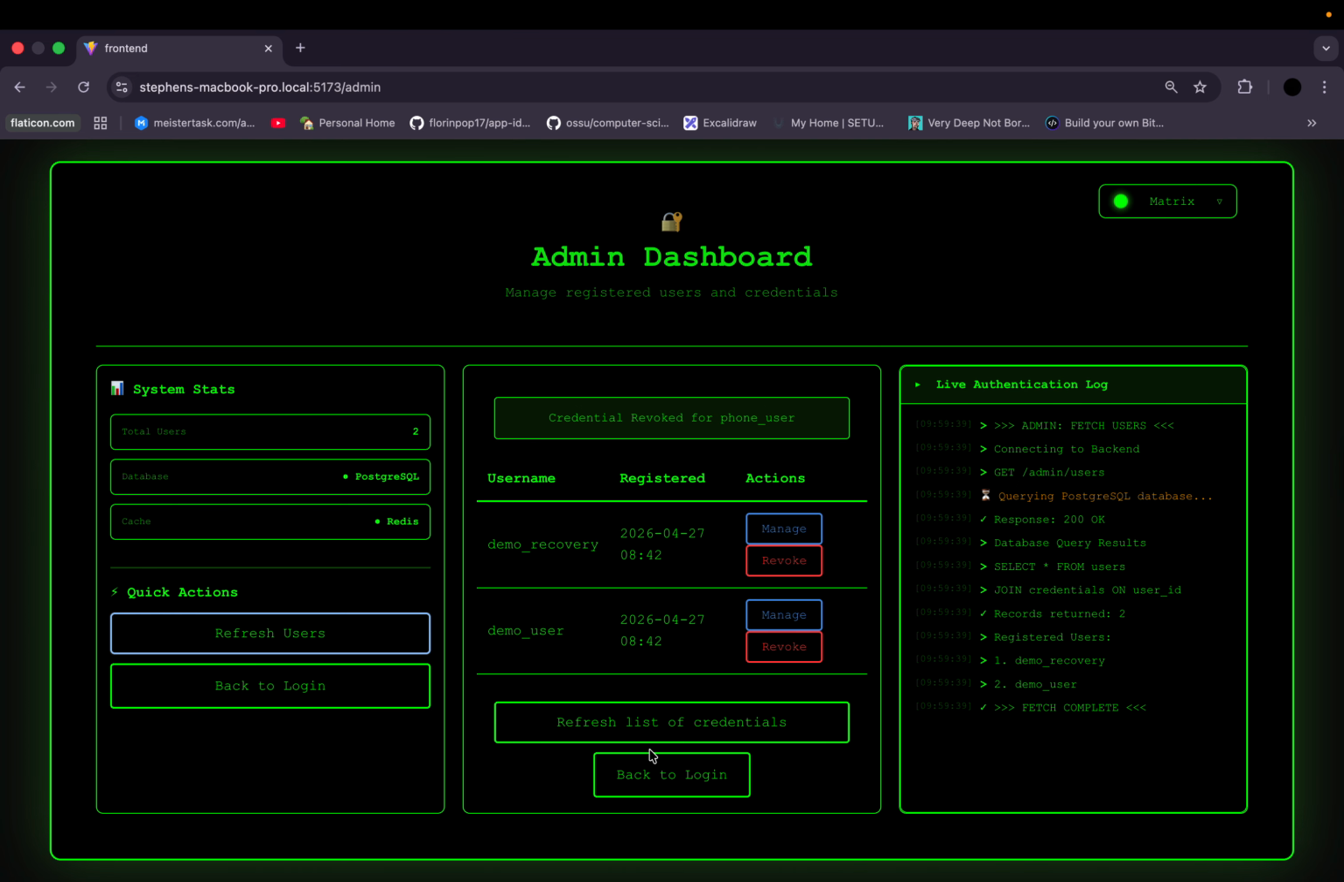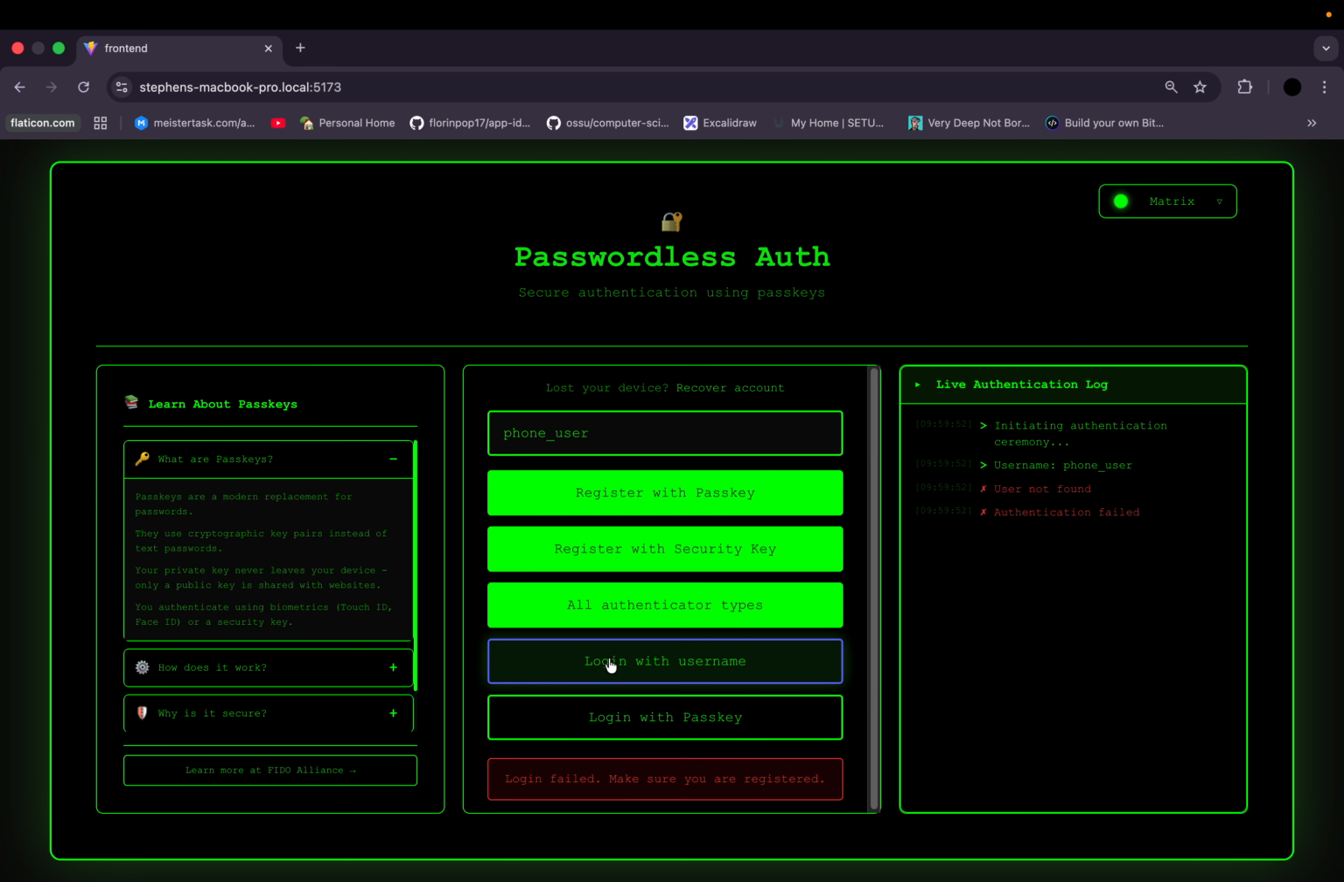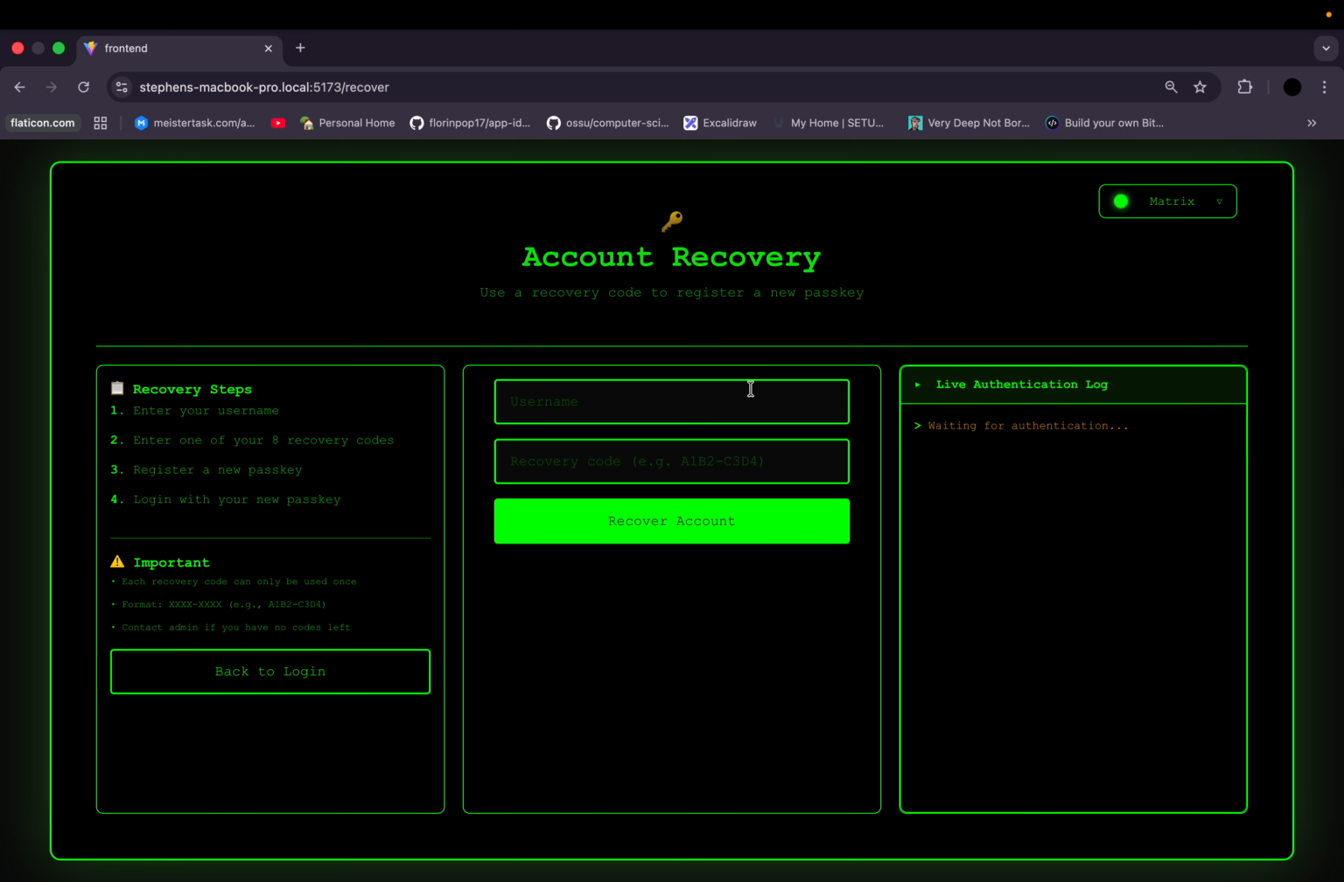A quick way to see that this worked: if I go back here and I use that same name, phone user, and I try to log in with this username, it won't work because this previously registered user no longer exists in the PostgreSQL database. So that is the admin screen and revocation. Next, I'll go on to recovery. I previously registered a user. So if I go to the recover account screen,